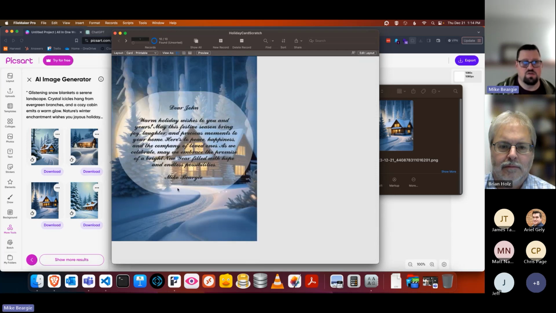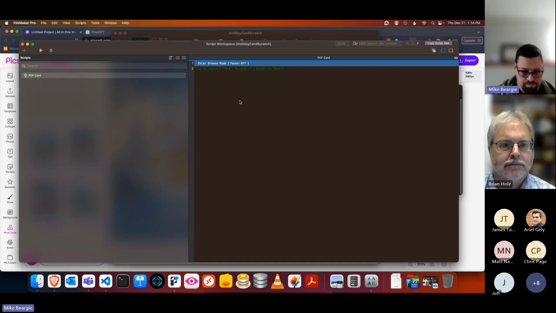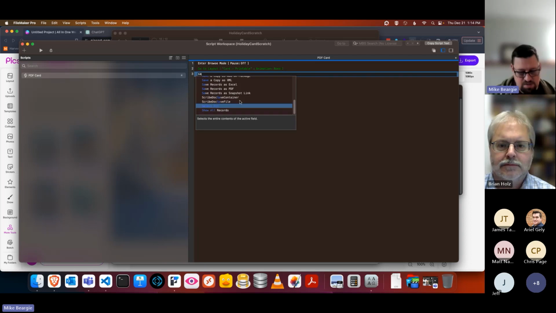I'm actually going to change this to a form view. And now you can see that we scroll through. All right, so we got our card. Let's make our script for printing out that card. Now there's a number of things to do here, but basically the easiest thing we can do is just